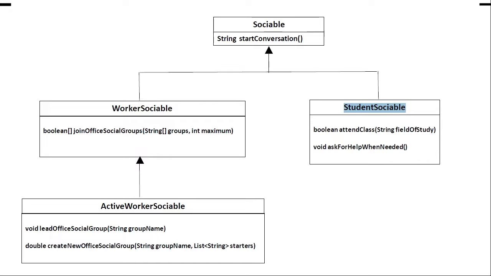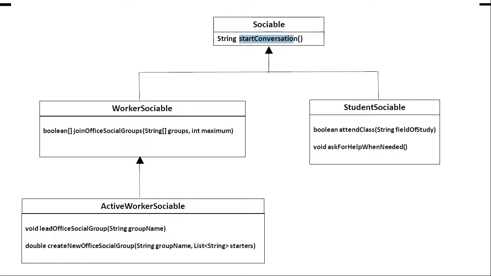And that will force him to only have to implement these two methods right here, additionally to, of course, the base method, which it inherits from the parent interface, which was the large one and now became so small, as you can see, has only one method, which is common to all the created sub interfaces. As you can see, apart from student, we also have the case of worker sociable and active worker sociable, which have their respective methods that have nothing to do with the student methods. So that's basically what the ISP is about.